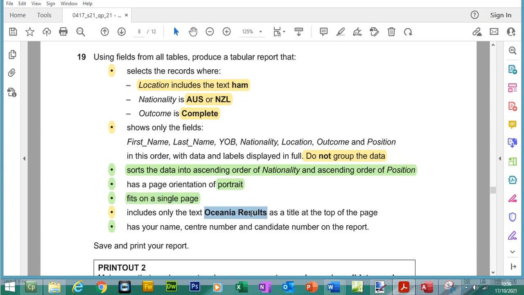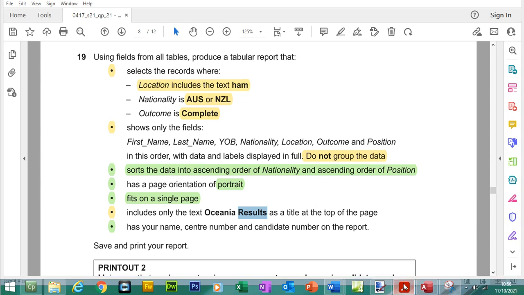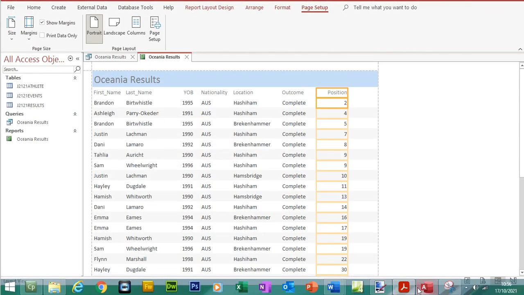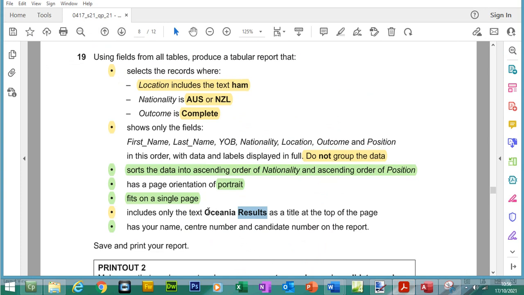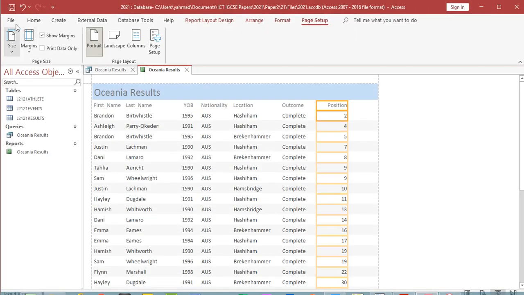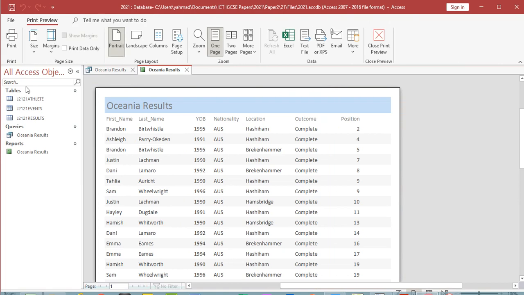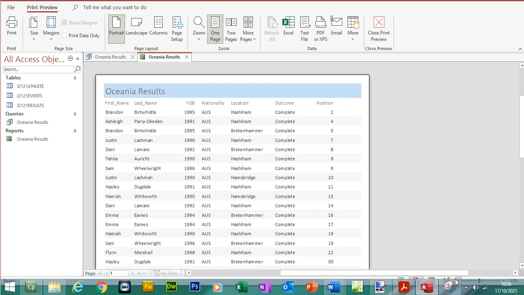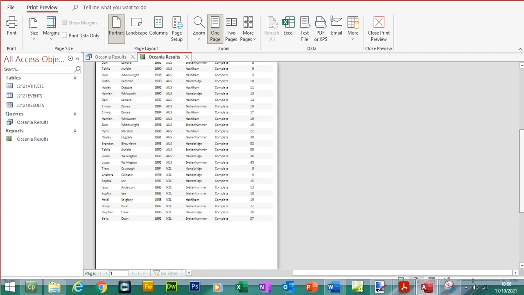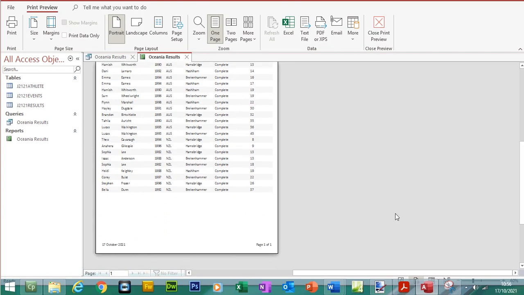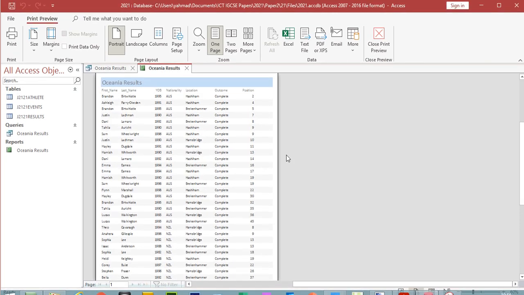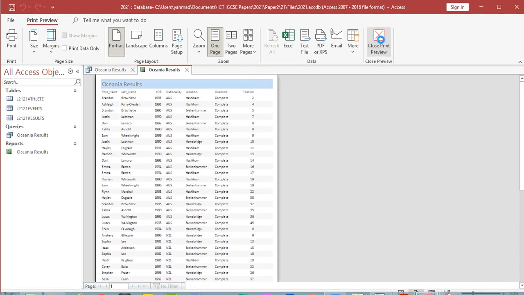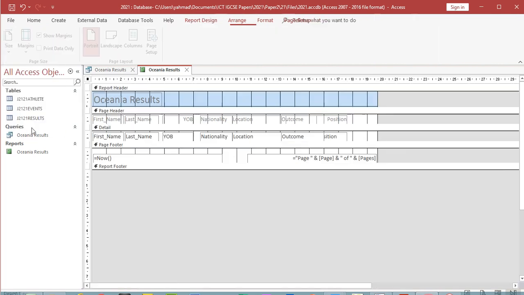Okay, the text appears as a title. Let me double check. Yes, this appears as a title because we inserted it as we were creating the report wizard. Your name, center number, candidate number on the report. So what I'm going to do now is go to print preview before I enter my details. Let me just zoom out. Yep, all of the information fits on one page. If they're asking you to insert your name and they're not being specific, you can just put it at the top here. Okay, so let's go to design view,